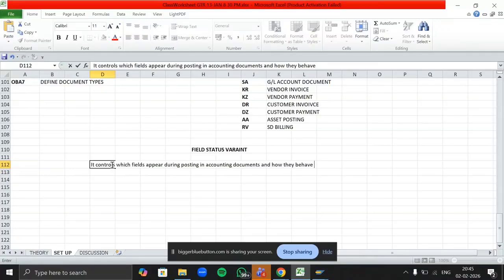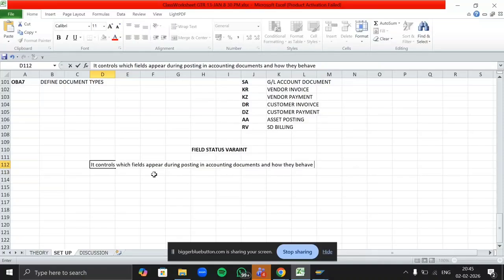So some companies have to enter that this particular expense is done in which department, right? For some, besides mentioning the department details, they also want an additional text to be defined over there, like the in-depth details we are going to mention in the text field, right? Some companies don't want to differentiate that this expense happened in this particular department of this branch, right? So it depends what kind of transaction you are doing, it depends what companies need. Accordingly, the field status variant will be defined.